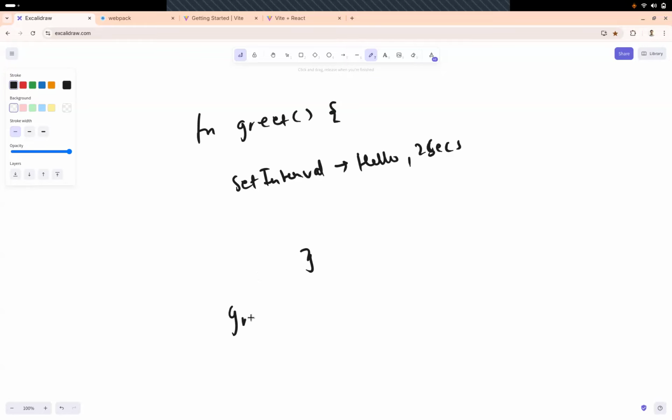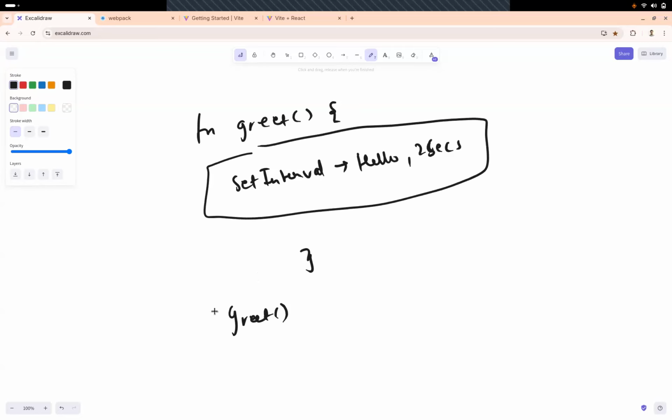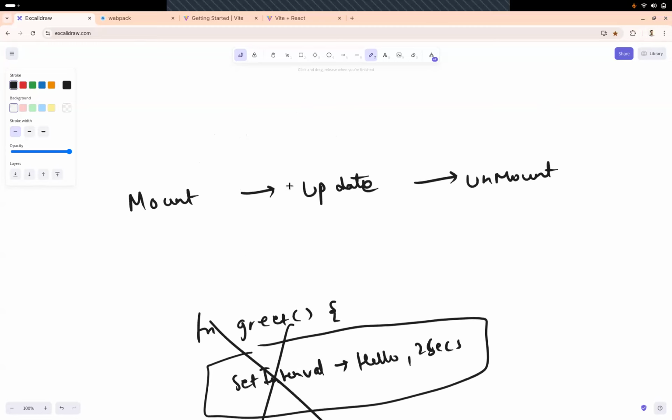Right? So even though this function is called, and even though its execution context is destroyed, is this code still going to run? Set interval: once this function is called, the set interval is mounted. It's going to keep on running and running and running. So in that case, things start going out of our function's control. The function loses control of these things and closure takes over. For now, you don't have to think about that much.